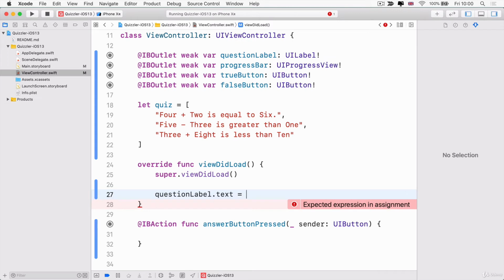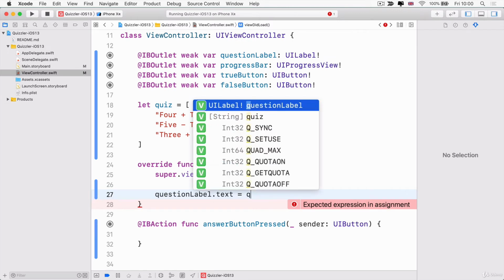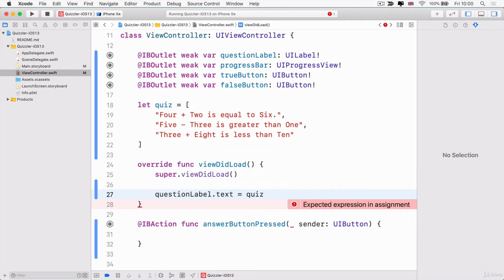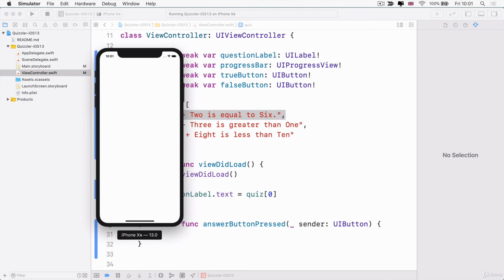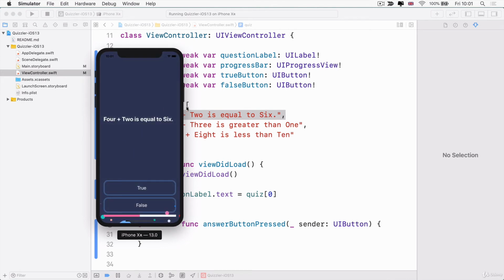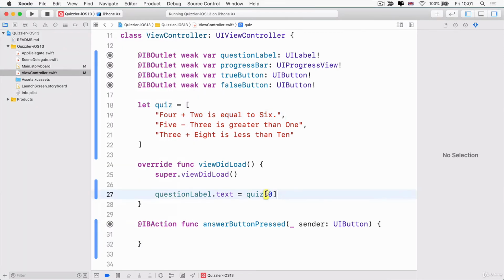All right, so in order to complete this challenge, we have to use our quiz array. And in order to get the first question out of our quiz, we can simply add a set of square brackets and pick out the one at 0 position, which is of course the first question in our array. Now when we run our app, we get exactly the same as before, but now we're using some more dynamic code rather than just setting it